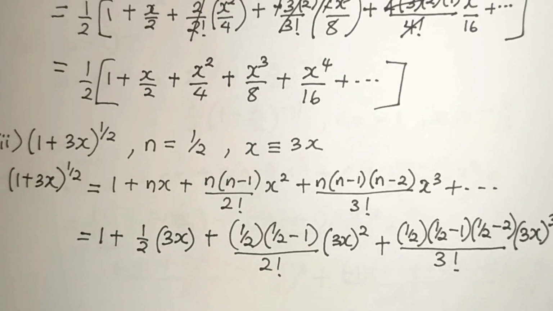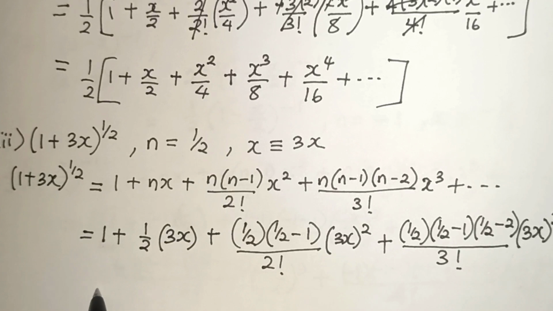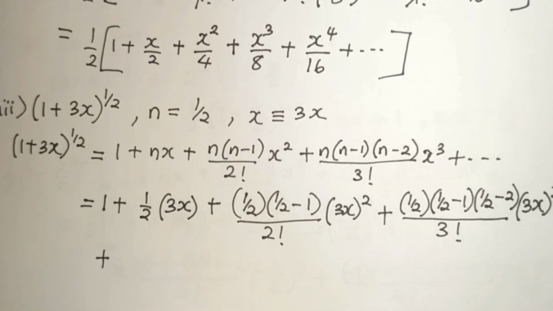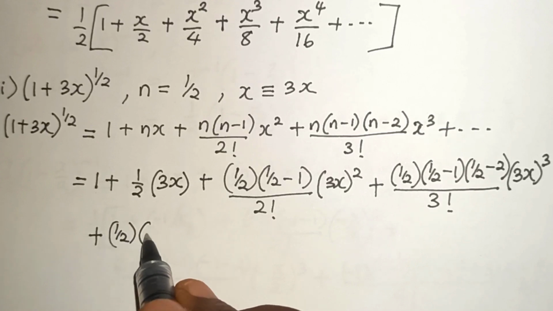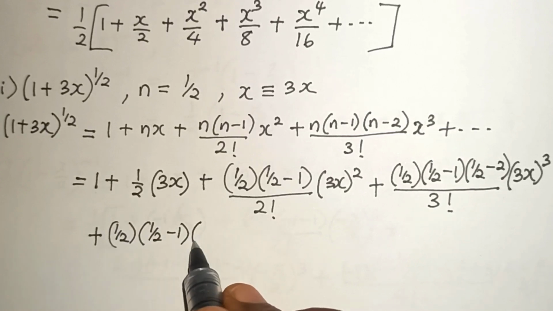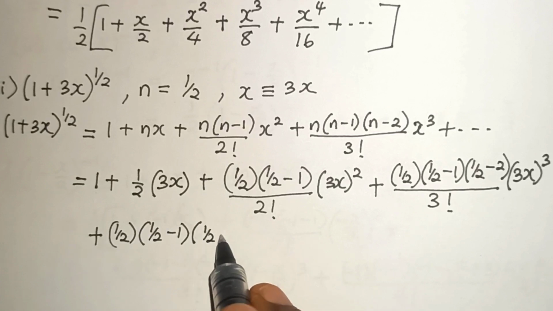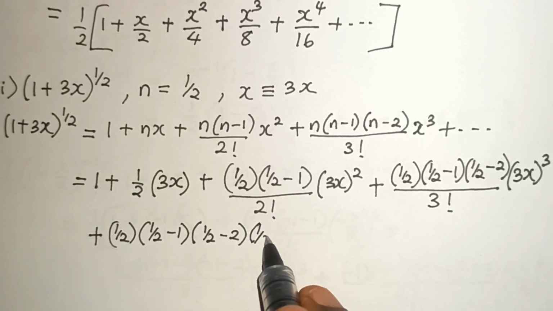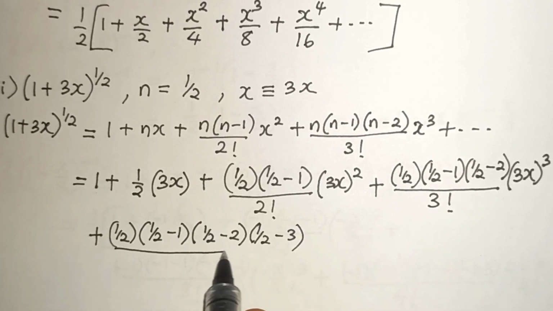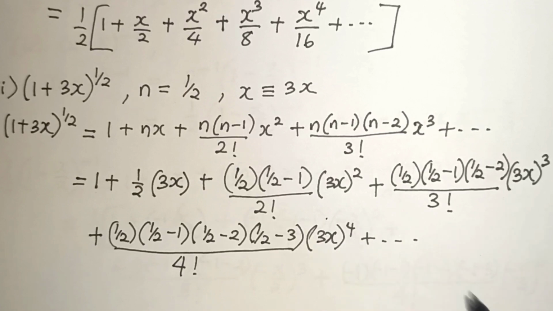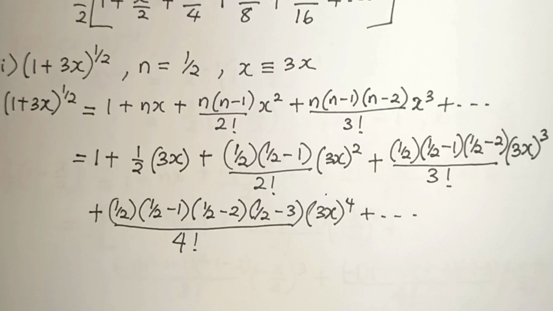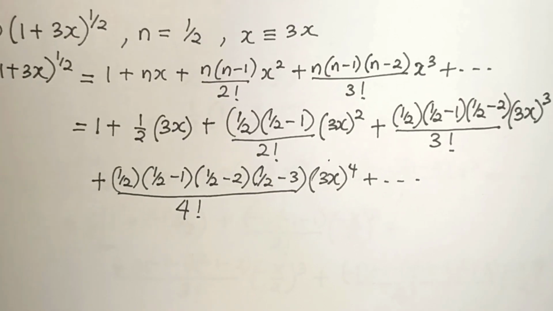Then the last term is half into half minus 1 into half minus 2 into half minus 3 divided by 4 factorial times 3x to the power 4. So we will have equal to